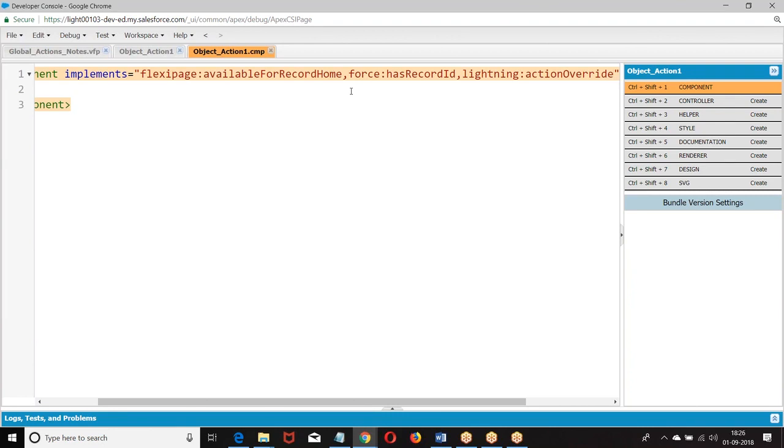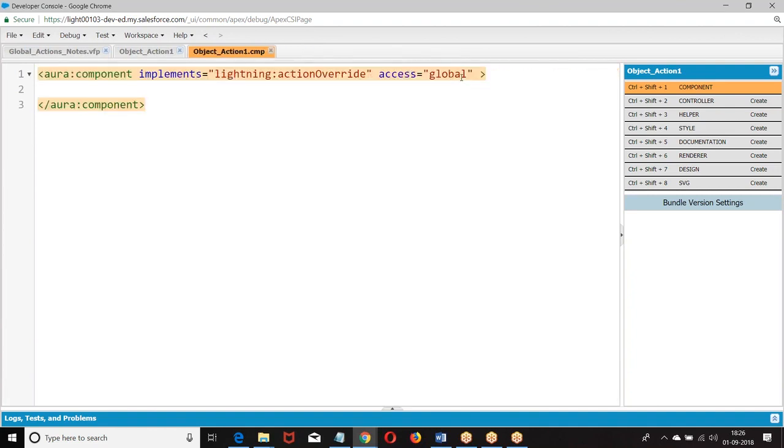When you click on a button, some page will open. You want to display a particular record. On a particular record, you want to save a record. You want to delete a record. You want to update a record. Then generally we go with what? LDS. If you want to use LDS, we require this. Otherwise, you don't require. As simple as that. Right?